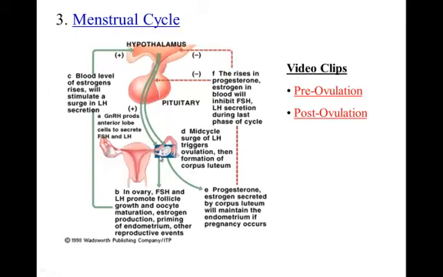The follicle then starts to secrete progesterone and estrogen, which sends a message back to the brain saying, we're doing what we're supposed to be doing, so please don't get any more follicles stimulated. And so that is a negative feedback loop saying we're going in the right direction, please don't send any more. But at the right moment in time, when there's the correct level of estrogen and progesterone, there